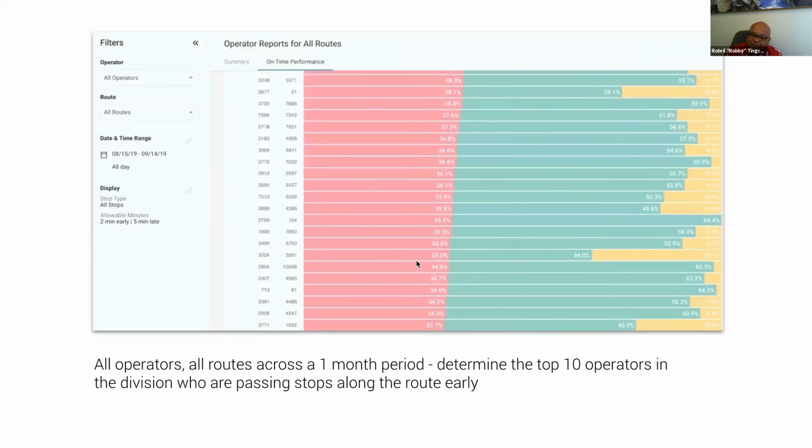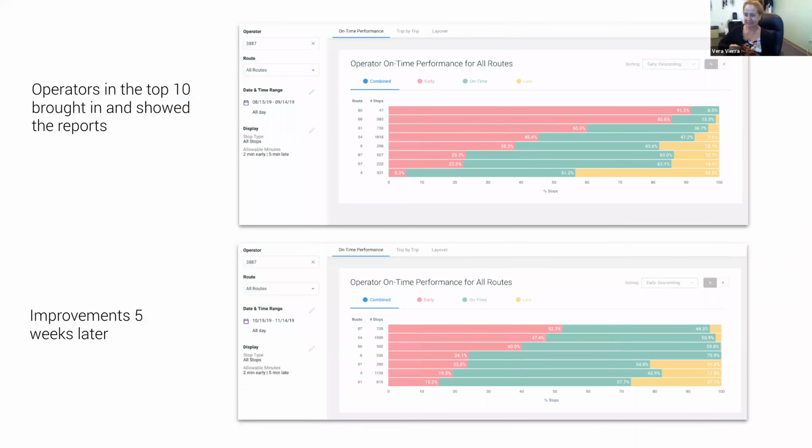In my next example, I showed an operator where he sat as far as his on-time performance, and he was amazed again, like, wow, look how much red I have. Operators would also point out to me, hey, routes 61 and 66 are brand new routes. It was a scheduling error where they gave too much time, and we found that to be true, and adjustments have been made. But this operator was so conscientious when I showed him all his red that on his own, without being asked to come back into the office,